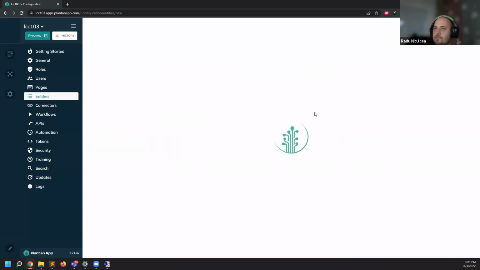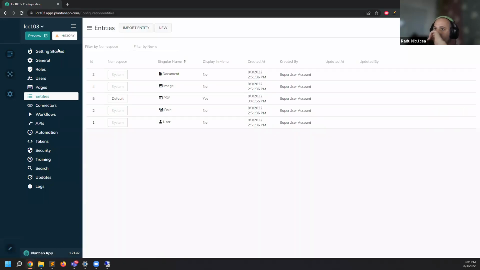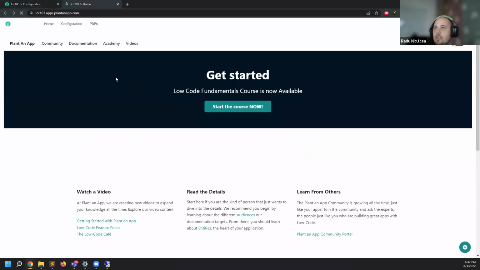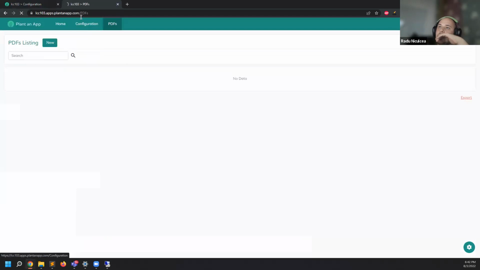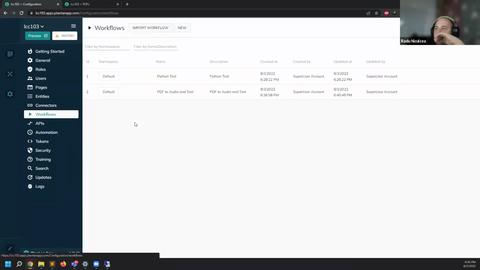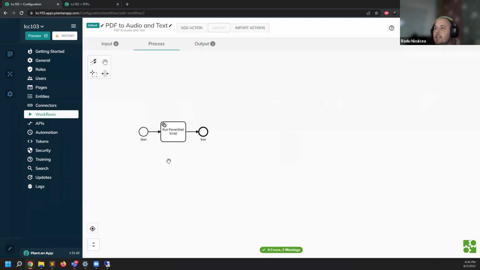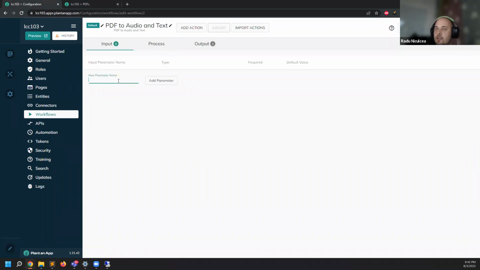And let's click save. Right, let's preview the application. Now we have the PDF in the menu. So what I want to do right now is basically have this workflow, the PDF to audio and text. I want to have this basically get the parameter of the file, right? So what I would like to do, I'm just gonna go with PDF name